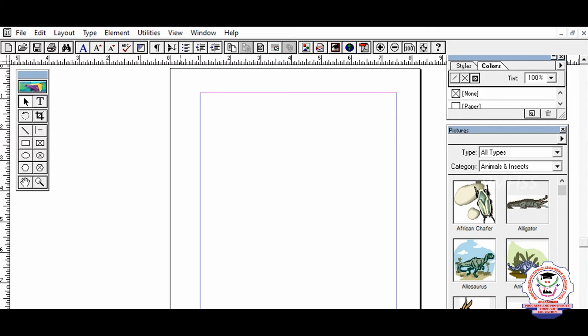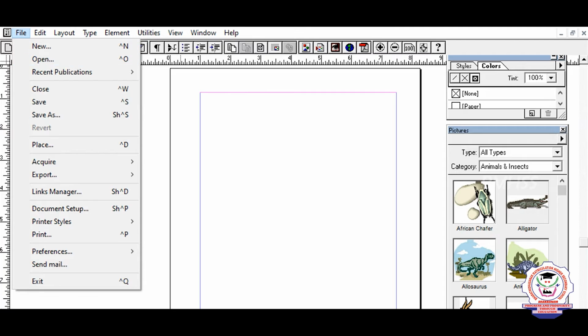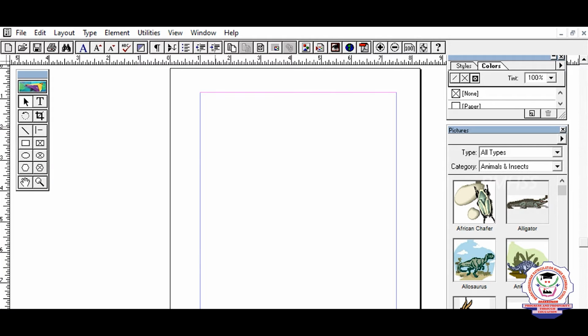How can we change the name of a document? Very simple: you save the document. How will you save? You can use the menu or a shortcut. In the File menu, click the Save option, or use Ctrl+S. What happens?